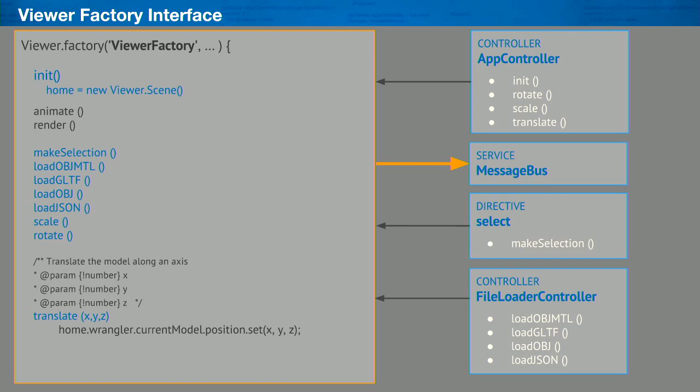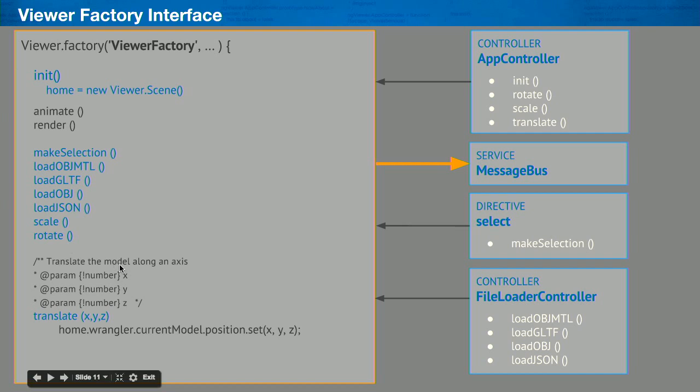So the viewer factory, this is the meat and potatoes of this entire application. This is where I have initialized from the app controller. If you notice on the right side are the 3 Angular components that have the viewer factory injected into them. And I have the init, rotate, scale, and translate, and all these other functions. When the app controller initializes, it calls viewerFactory.init. This builds up my 3D environment. This new viewer scene, this is a super class I created that controls everything in the 3D environment. It also builds out the graphics, it sets up the renderer, and subsequently after initialization we launch it to a render loop. In 3D code, essentially the render loop is what animates the 3D animation. It pushes along at 60 frames a second to make everything happen in the 3D environment.